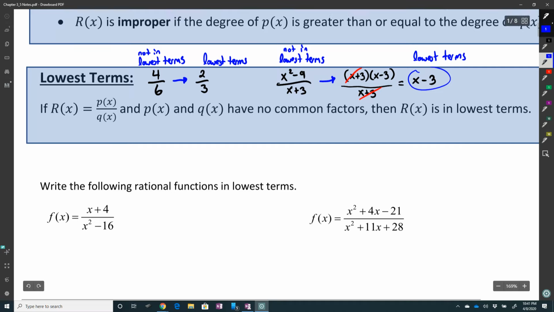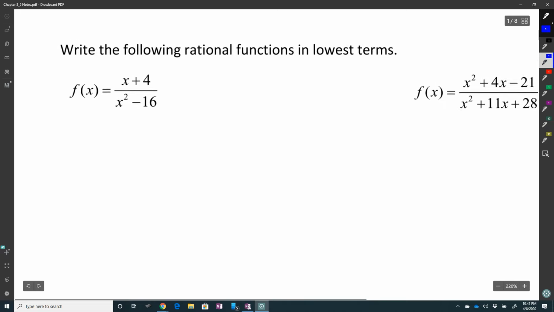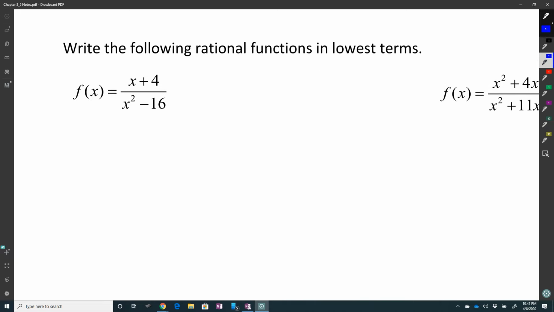Okay, so let's look at these examples. Write the following function in lowest terms only. So if I write this in lowest terms, all they want me to do is